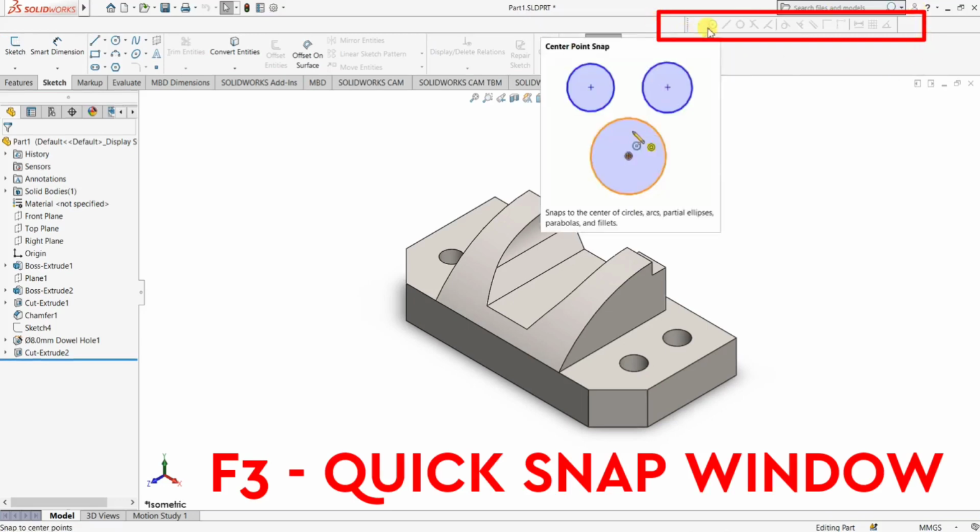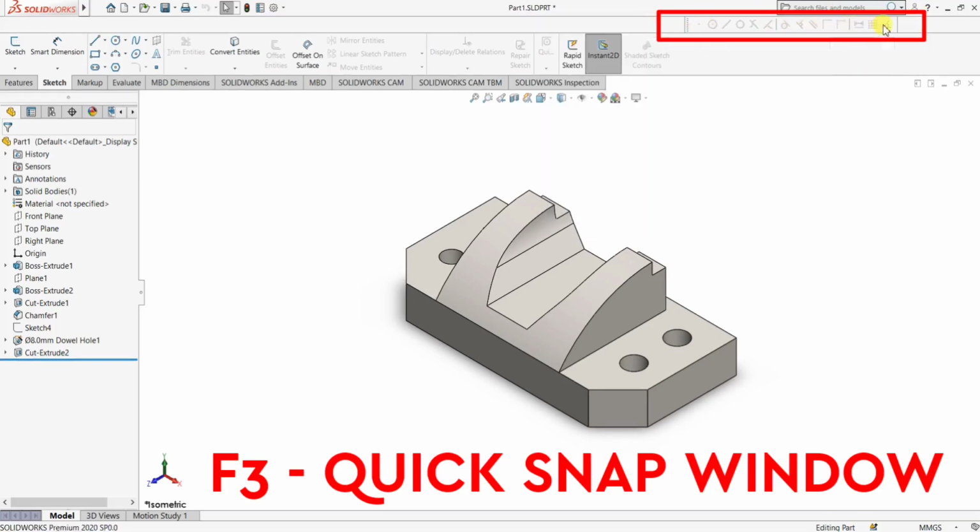The quick snap window contains center point snap, midpoint snap, quadrant snap, intersection, tangent, angle, and grid snap, and so on. This window is like a reference in our drawing. So please remember, F3 is the shortcut key for the quick snap window.